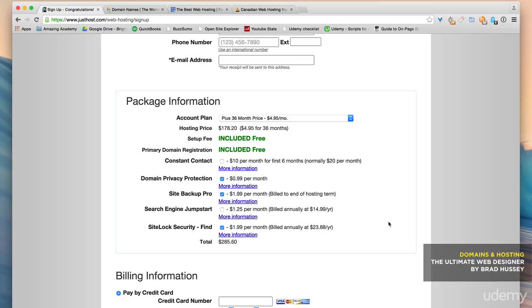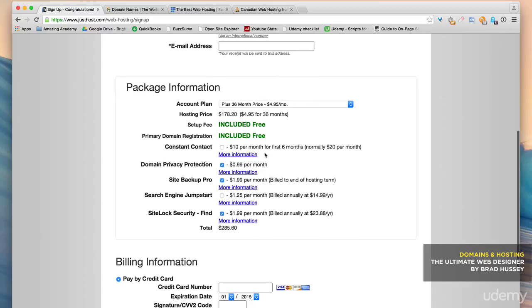When I bought my first domain name, I did it for a short amount of time because I didn't want to pay, at the time, $178. That was a lot of money. So I did a year or two thinking that was a good idea. And then I got slapped with a bill for a much bigger monthly price, probably around $10 a month. And it was a little disappointing. So don't make that mistake. Book it for as long as you can. And then just anticipate knowing that it's going to be more expensive in the future. But that's the case for everything.